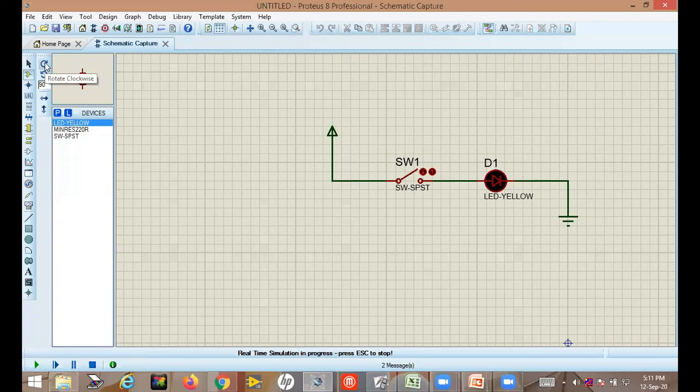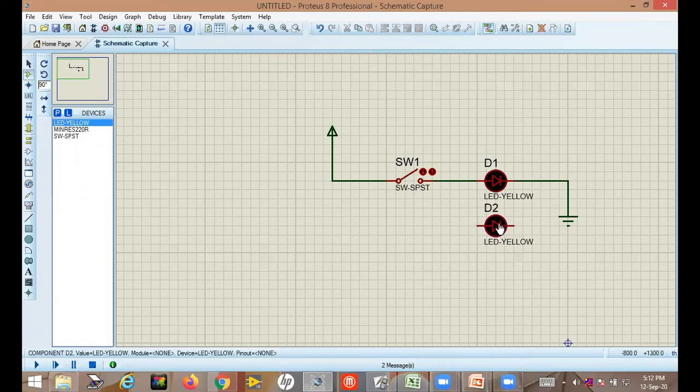See, I am trying to rotate this LED, but it is not rotating. So what you have to do first is stop the simulation. I want this other LED, so I will rotate it counterclockwise, and this is the orientation. I want to put it here. Another LED here.